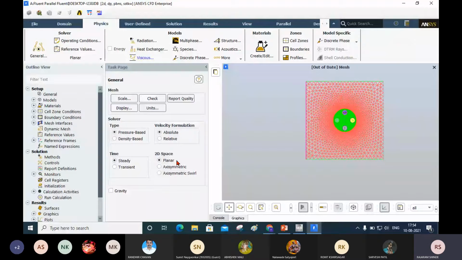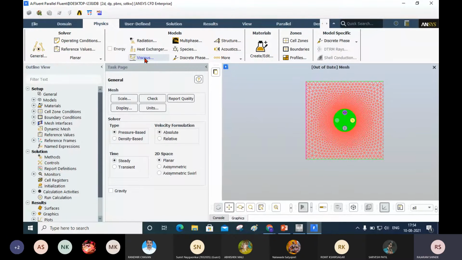Now after doing this, you have to select the models. Here we are not going to solve any energy equation. So I am not going to select the energy equation. That means it is not a temperature-related problem. So we are not including the energy equation in our solution. So I will select only viscous.